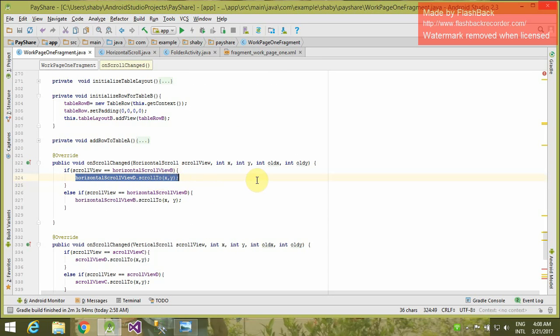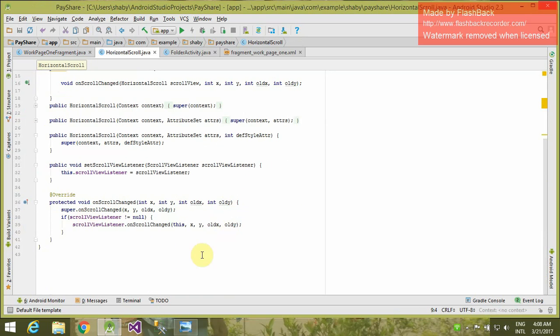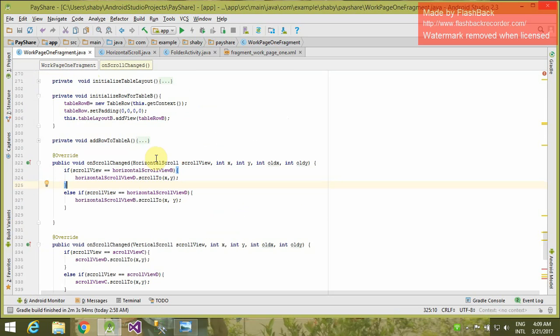So how this helps is, the original function was something like this, but I have changed this function to something like this. I have done this because I want this function to work like this. What this function means is, let us suppose horizontal scroll view B calls this function, then as horizontal scroll view B scrolls with the same position, horizontal scroll view D will also scroll.